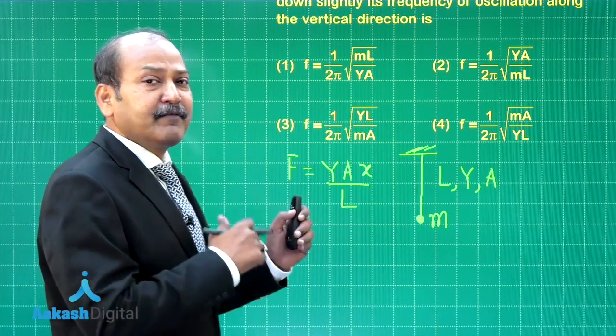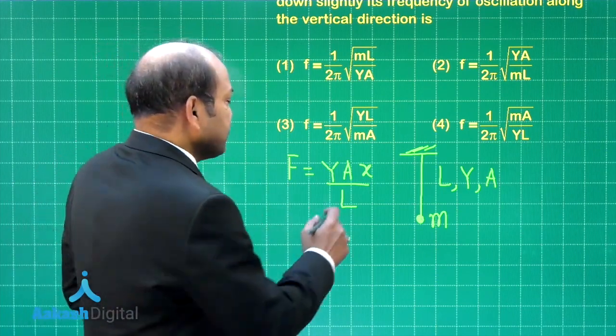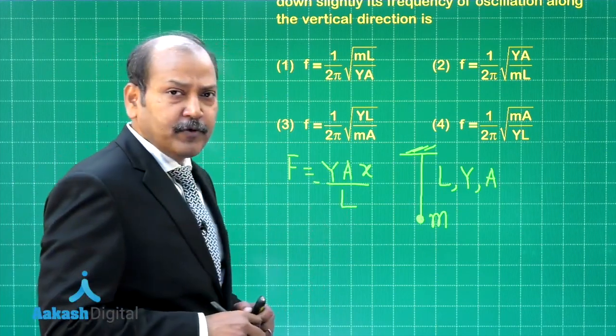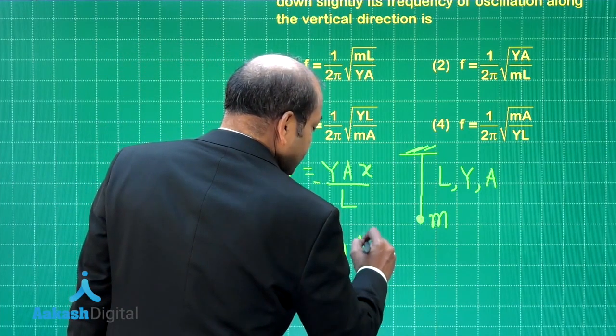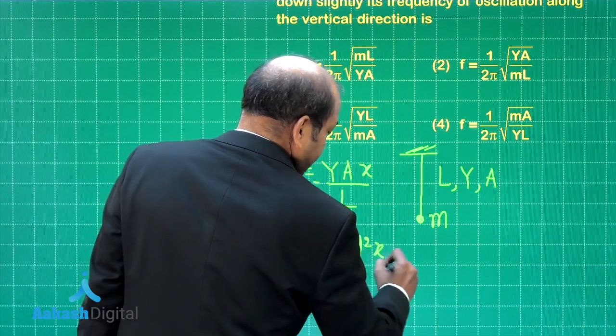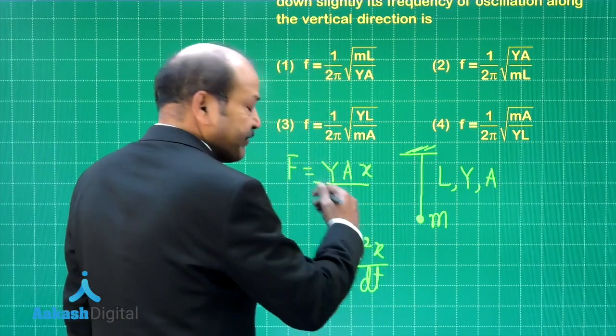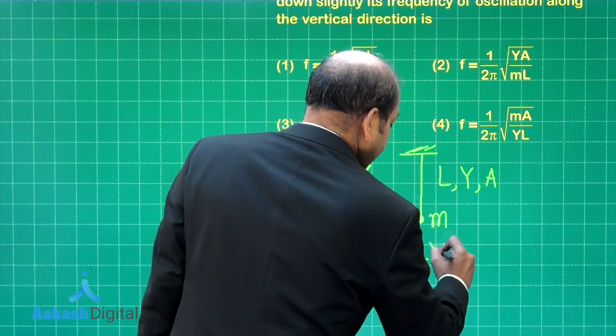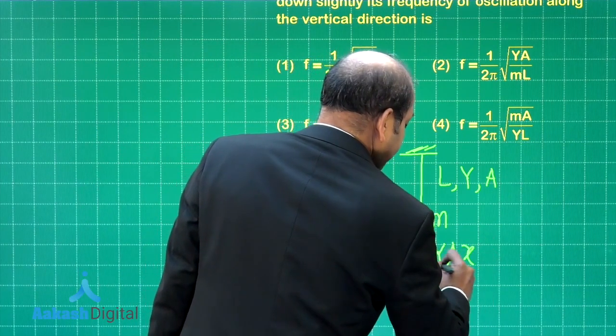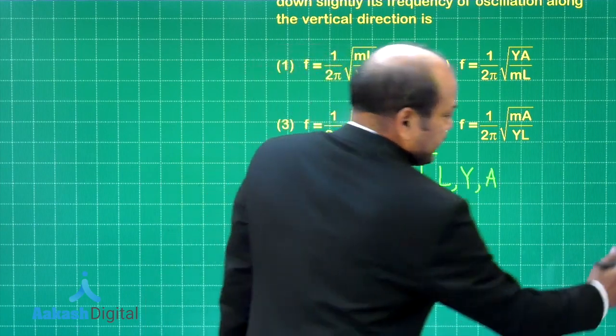Now, if we take care of the sign also, we can put a minus sign here because it is a restoring force, and that gives us m into d2x by dt square, the net force on the particle. In fact, the restoring force on the particle is coming out as minus y a x divided by L, and